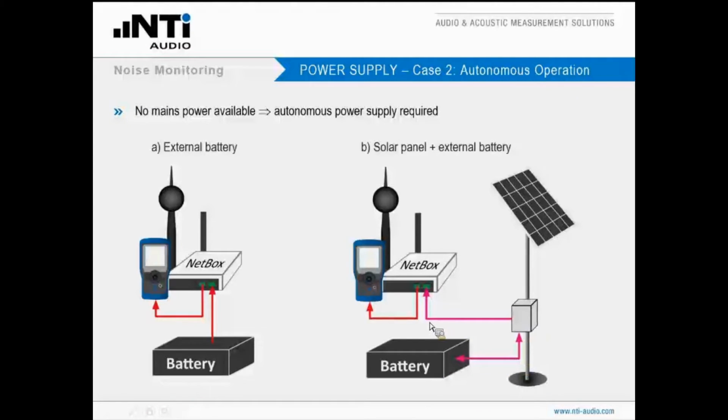And during night time, the power flow gets inverted, meaning it comes from the battery and goes into the noise monitor. Same as on the slide before, the crucial part here is this box, this charger, which handles the different power flows from the solar panel to the noise monitor, to the battery, from the battery to the noise monitor. So here you need to make a careful selection of the electronics that can handle this challenge. Once again, there is no general solution for that. So if you need support here, please contact us. Possibly we can provide some support for you.